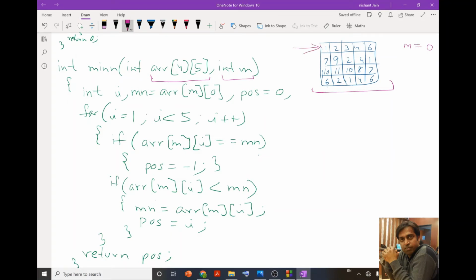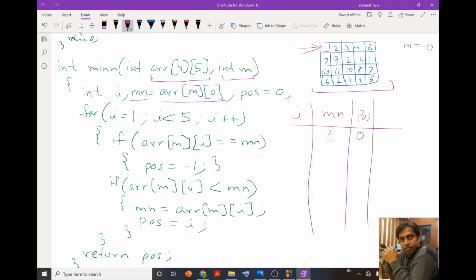The first variable declared is I, the second variable is mn, and the value is this array m0. Now the value of m is 0, so the 0 0 element will be this one. So I put the value of this over here. And then the third variable is POS, and I initialize it as 0.